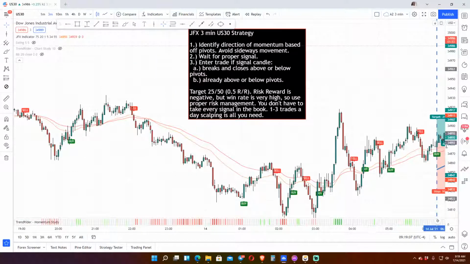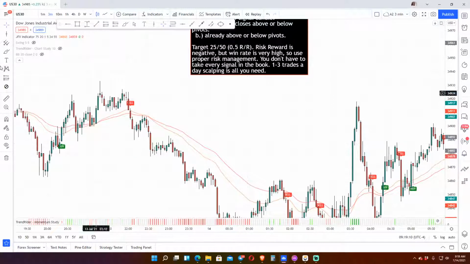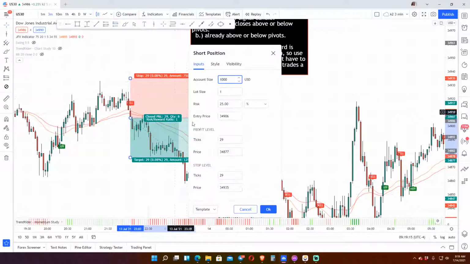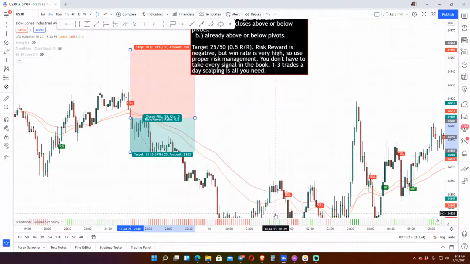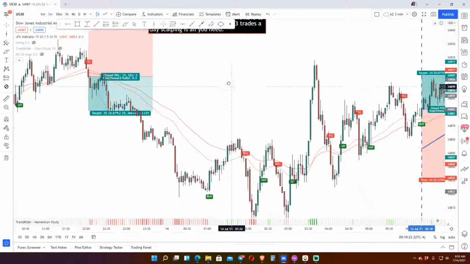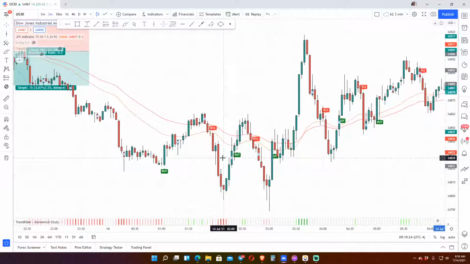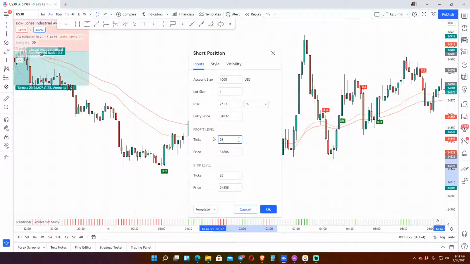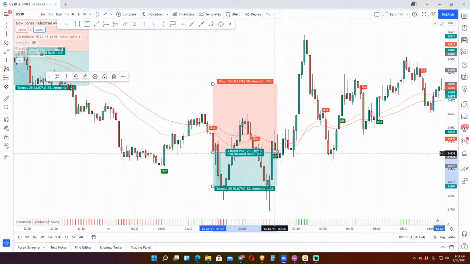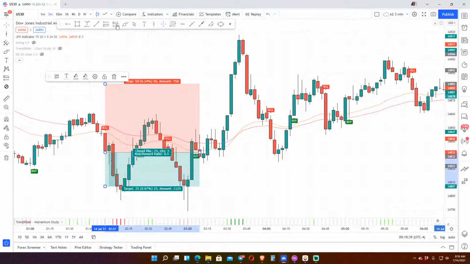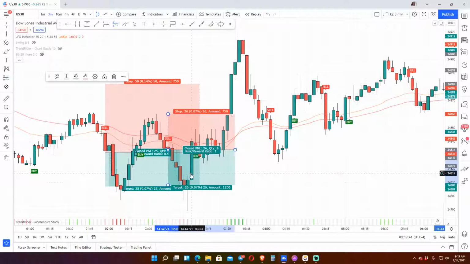So what we would do here, we would go for a sell. We would target 25, 50. We will have a winning trade here. Same thing with this one. 25, 50. Boom. And you could have doubled up on this one as well with this sell signal here. So look, boom, boom,